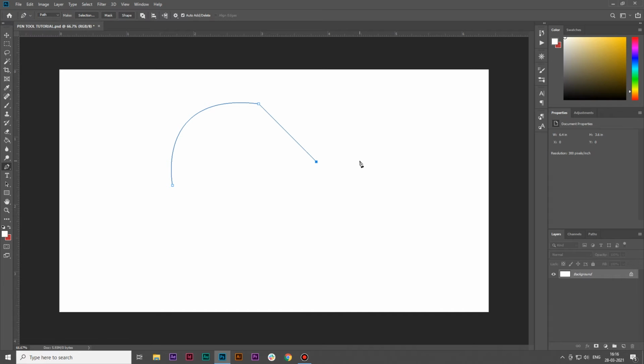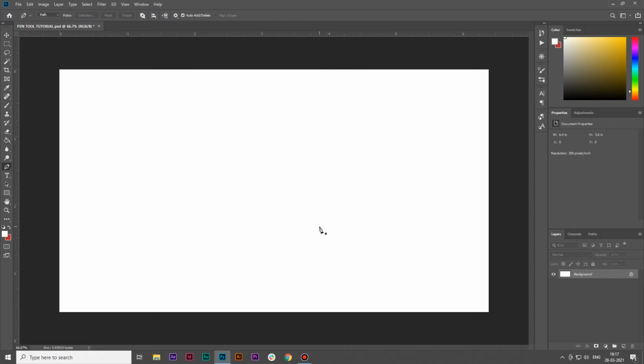You can not only create a straight line, you can also create any type of curve you want. Like I want to create this type of curve. I cut the tail again, and make this type of curve. Now you can see, if I press Alt and cut the tail by clicking on the point, then I can freely control my next path, not influenced by the previous one. I hope you all got it till now.